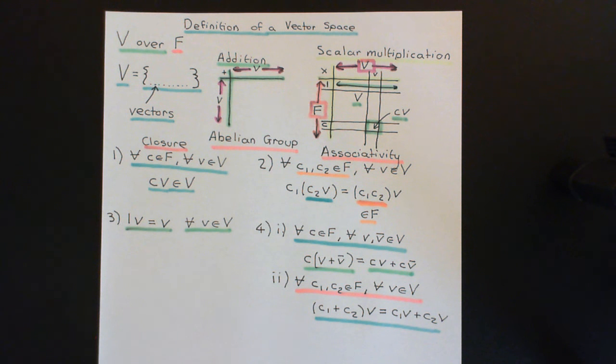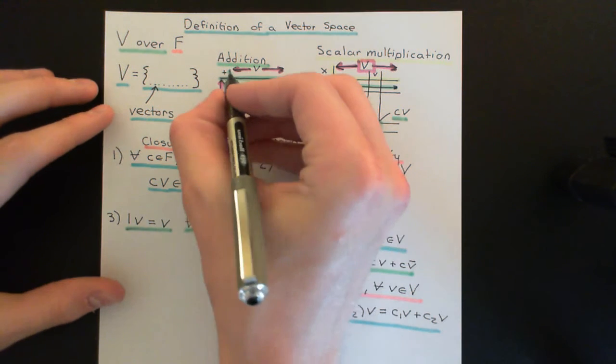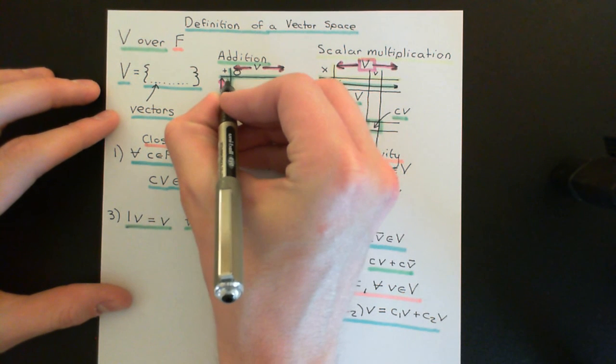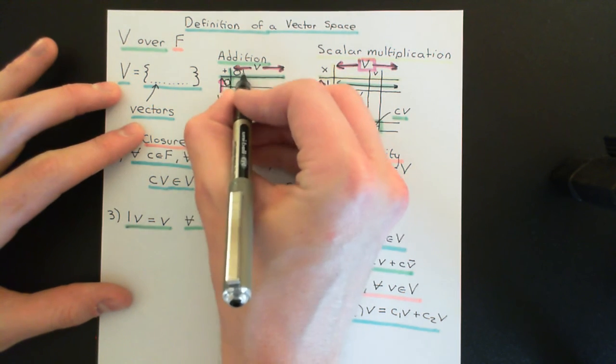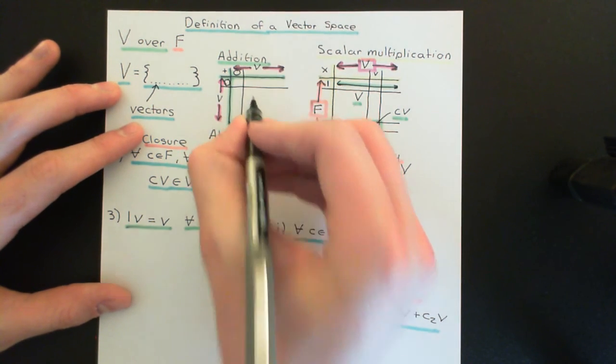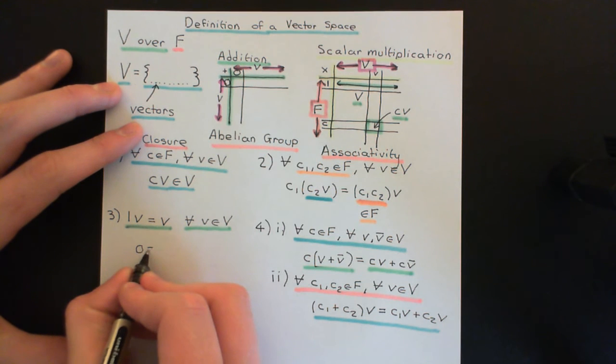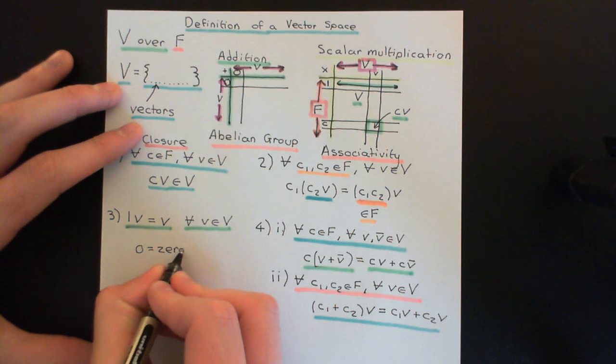Now that means that it has an identity element, some vector, which when it adds to any other vector gives that other vector back again. Okay, we will call this vector the 0 vector, and we'll just give it the symbol 0 here. So this symbol 0 here is going to represent the 0 vector.